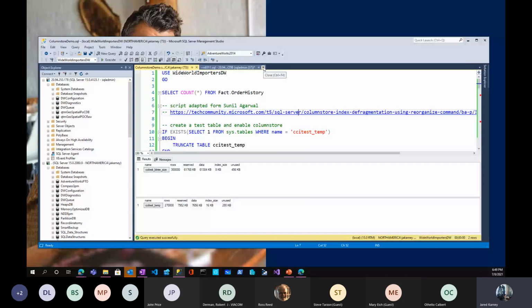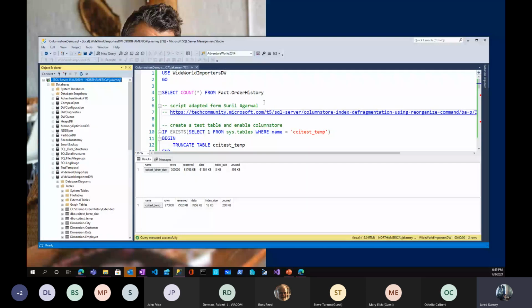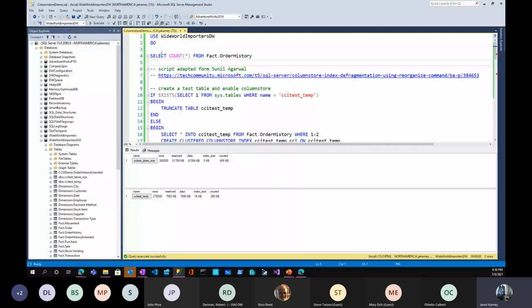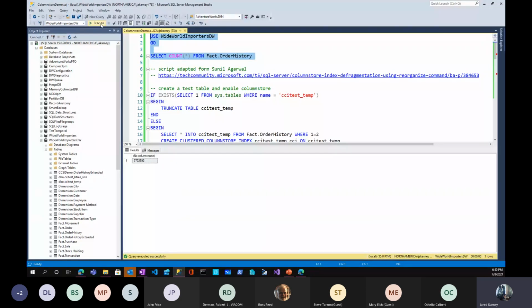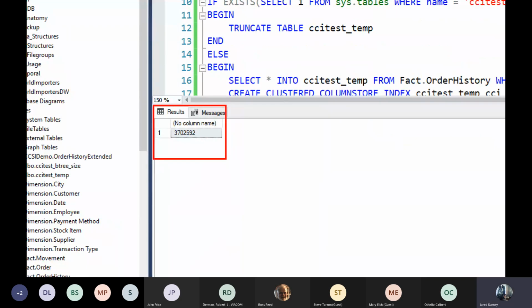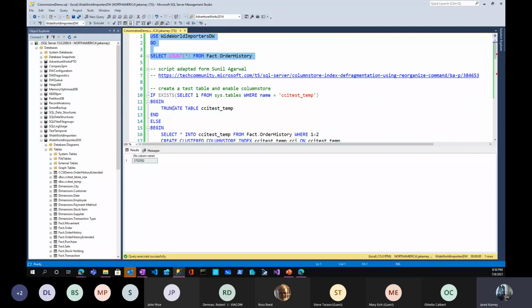So I adapted this script from a link from Sunil, and this was him basically demonstrating the reorganize. But the nice thing about this is it also shows you a lot about clustered column store. So the first thing I'm going to do is use Wide World Importers Data Warehouse, and look at the count of my order history table. So my fact table here of order history has 3,702,592 rows. Now this is a B tree right now. Okay, so it's just sitting there. We're going to shrink that a little bit in our new tables,